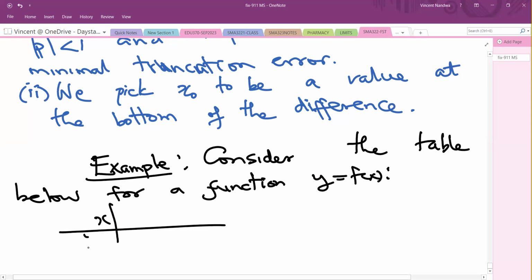So we have x, we have f of x: -1, f is 0; 0, f is -1; 1,